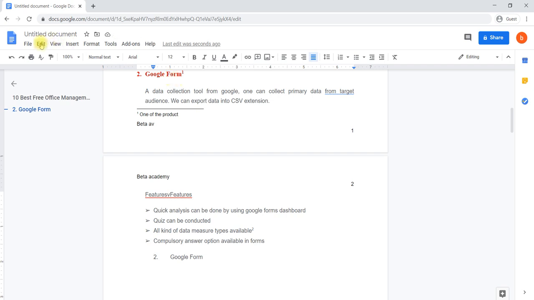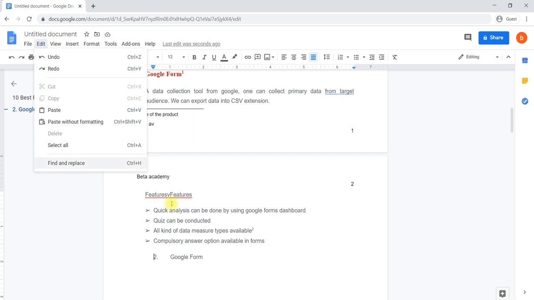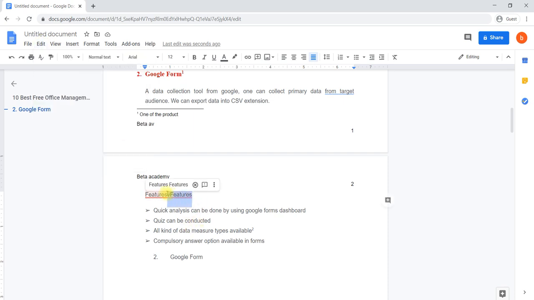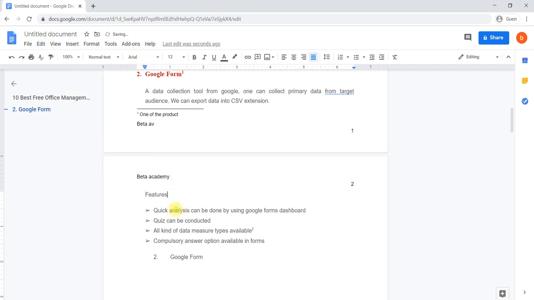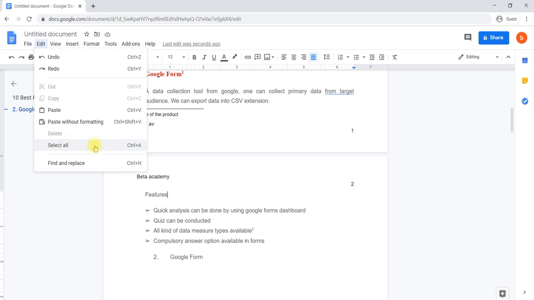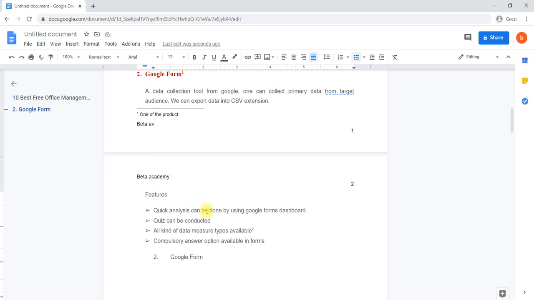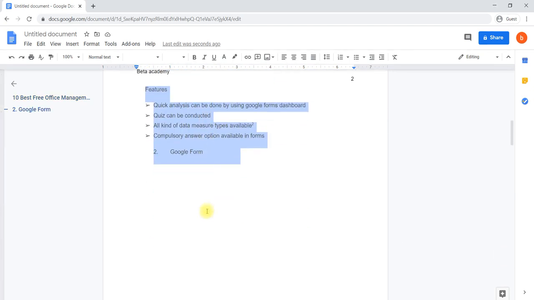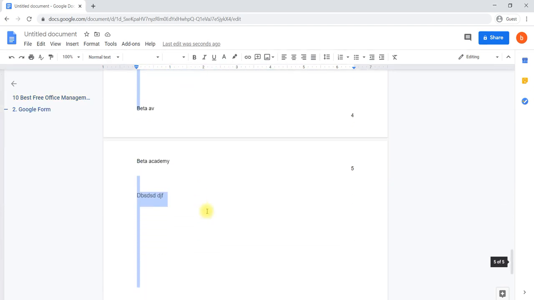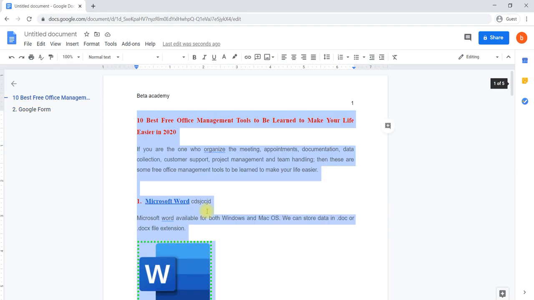This is about Edit. And one more option in Edit, to delete it permanently, select Edit and select Delete. Like that we can delete it. Control C for copy, Control X for cut, Control V for paste, Control Shift V for pasting without format, and Delete. Select All, Control A, selects the entire document at once. If you press Control A, everything in the document will be selected.